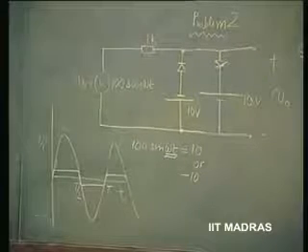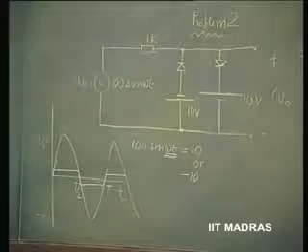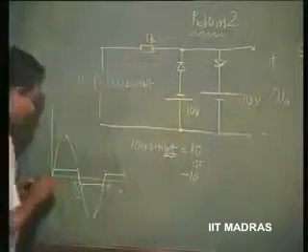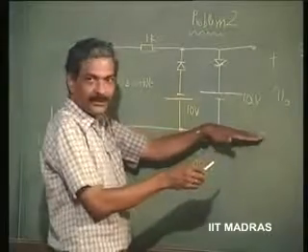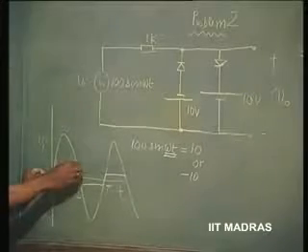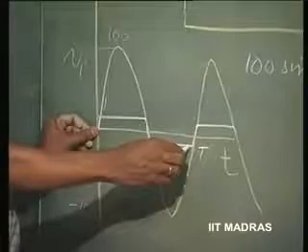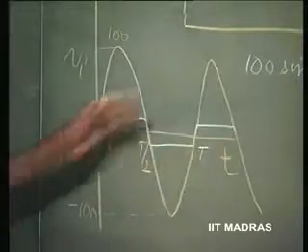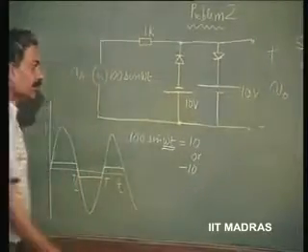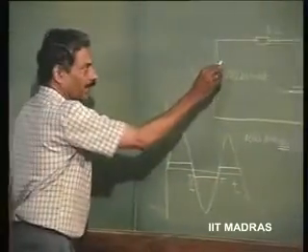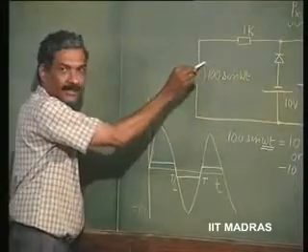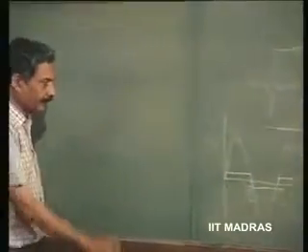Okay. Now, this output with respect to this is what is sketched here, right. If you assume that this is at a lower potential than this, then the sketch is going to be this positive going to 10 volts and this going to negative 10 volts, like that with reference to. So, it is always marked as plus and minus in this manner. That is the convention. Even here you can mark this as plus minus, indicating that this is 100 sin omega t with this as plus and this as minus.